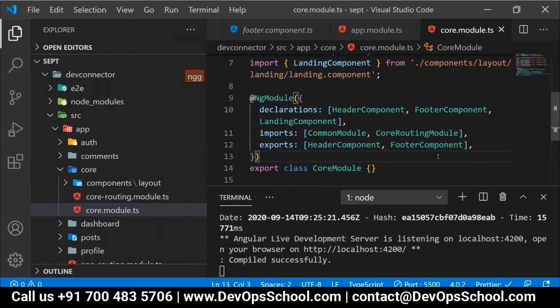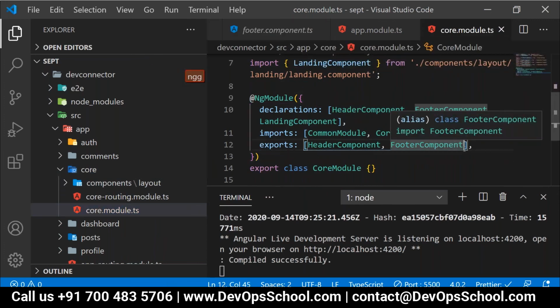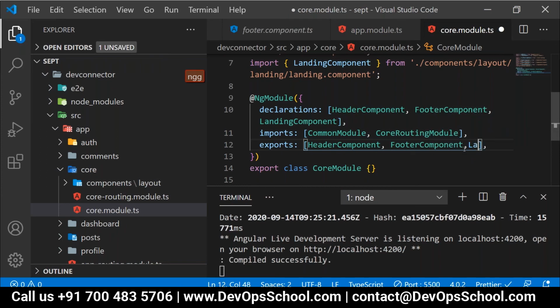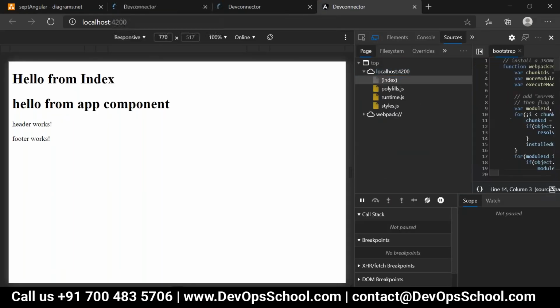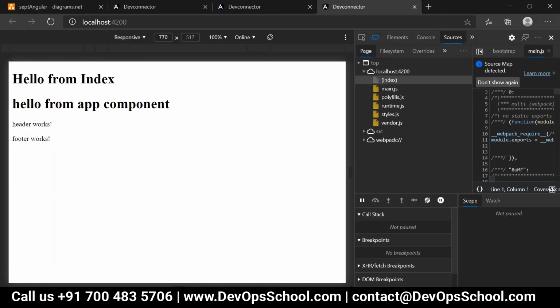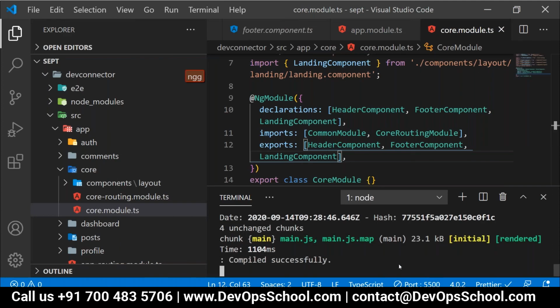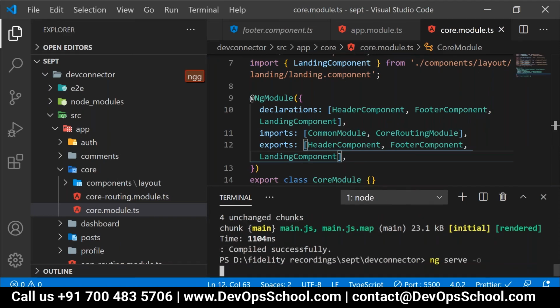Correct? Now people tell me, to use this landing component, do I need to export the landing component or not? Here I have exported it. It's not showing over here. For me, I need to terminate and restart it again.